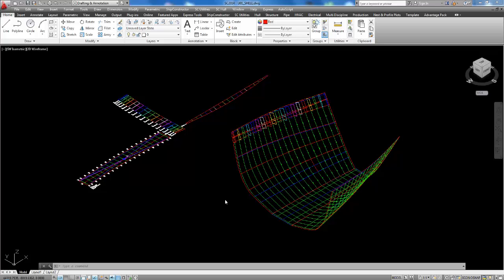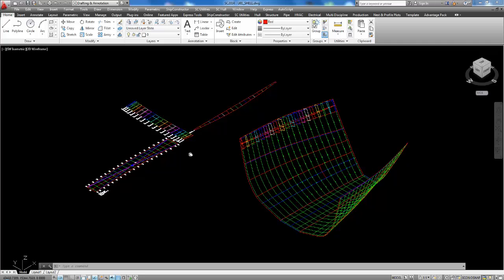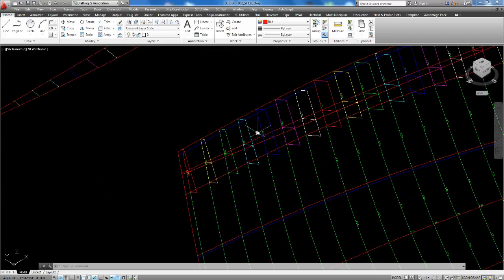In one of the previous videos, we have reviewed the process of shell plate expansion. Now let us analyze the result of this expansion. Here you see the hull drawing with the surface of the plate and the expansion of this plate. What do we have in this file? First of all, we have